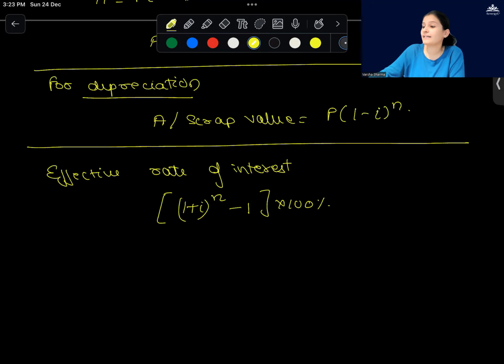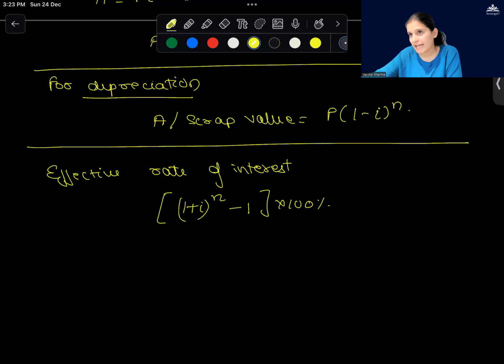Then I'm going to divide it by 100 to convert it into decimal. And I'm going to add 1 to it to make it into amount. Done. How many times in 1 year? Twice, because 1 year has 2 half yearlies. This is my amount that I've got in my calculator. I'm going to subtract 1. That's my compound interest. I'm going to multiply it by 100. That's my effective rate, which is 3.8361, which is more than 3.8%.